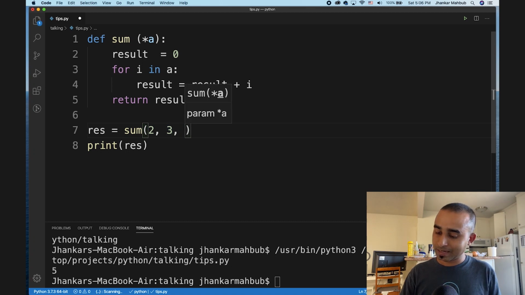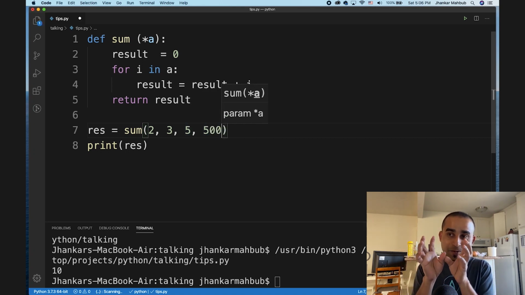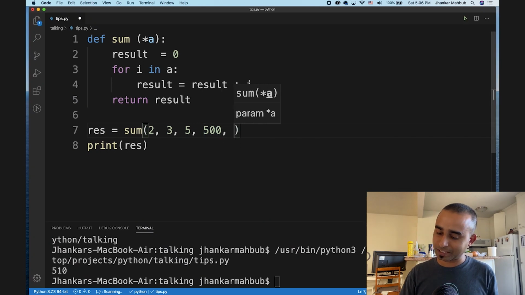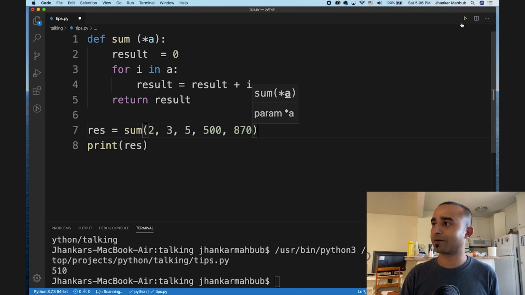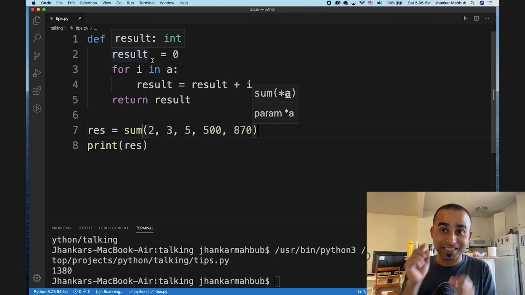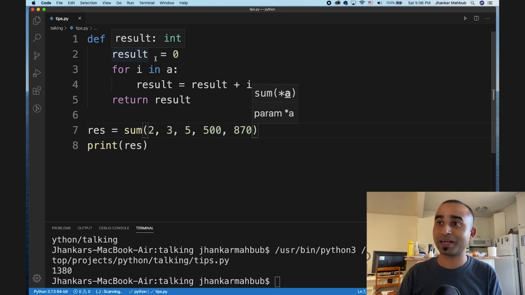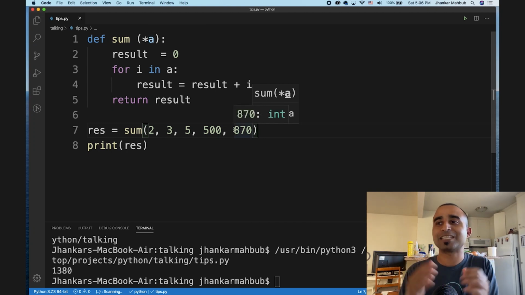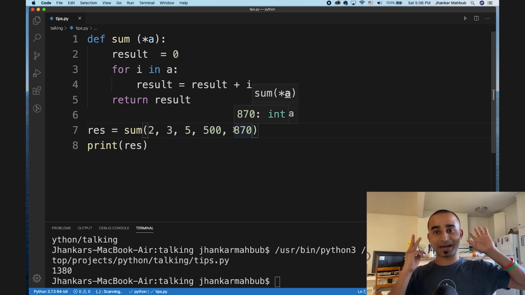but if you add another 5, you will get an output of 10, or maybe another 500. Let's see, you can put any number of parameters. So if you want to deal with any number of parameters, maybe another 870, whatever the case, you can make your parameter take any number of parameters. It's not a list, it's not a set, it's just a single parameter, but you put a star in front of it. Now you can pass as many parameters as you want. So this is clever point number 8.